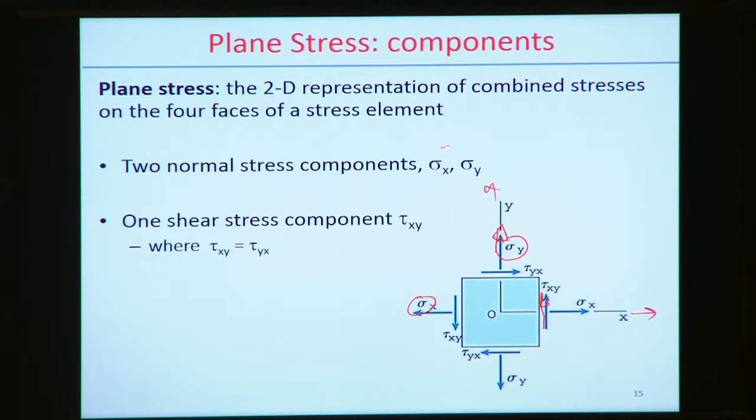Here basically two normal stresses are acting along x and y, that is sigma x and sigma y, two different normal stresses, and one shear stress component is acting, because we are assuming there is no rotation of the element. So tau xy equals tau yx. The convention is like that, with the direction as well as how we write tau xy, and this is tau xy, and this is also tau xy, and in the other case tau yx, and this is tau yx. But in this case tau xy equals tau yx. So this is the 2D representation of the stress state.